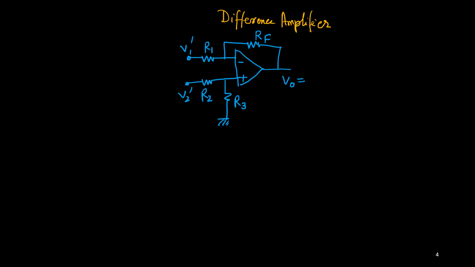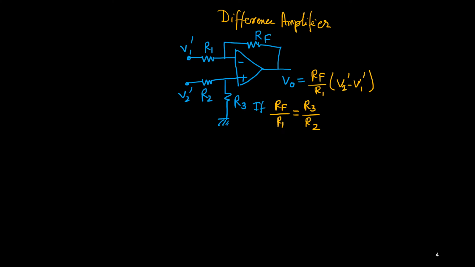The condition is that if the ratio Rf upon R1 equals R3 upon R2, if it is maintained, then V0 will be simply Rf upon R1, this is the gain factor, multiplied by V2 prime minus V1 prime,